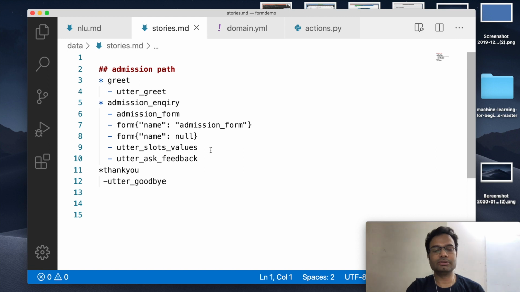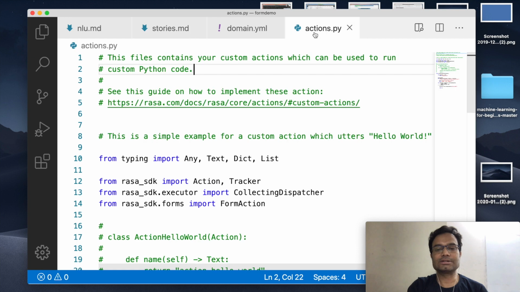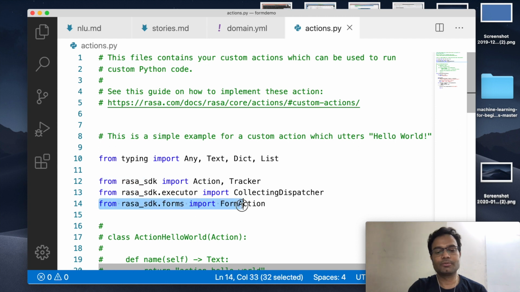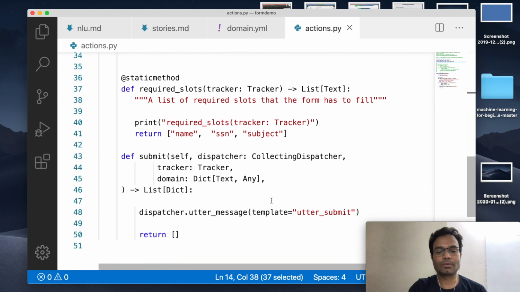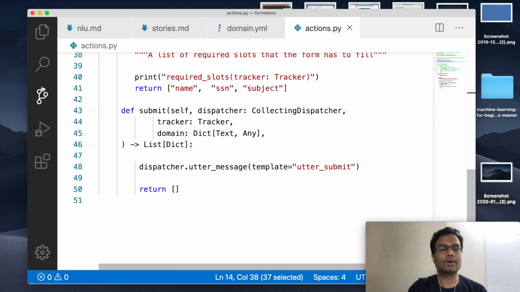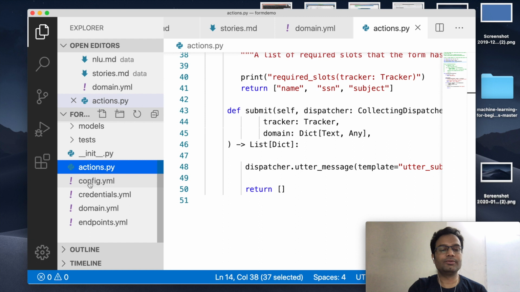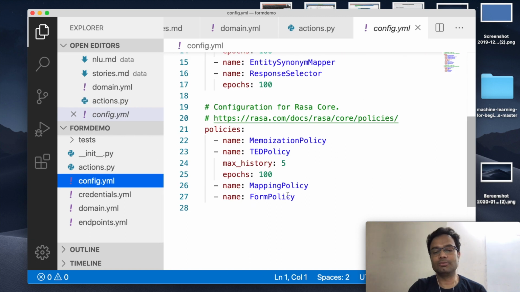In very small stories I have already explained these things. And then the actions: if you see, by mistake I showed you "forms", it's "form". So change this line in your code also, the last line. And in the config we must have added the form policy.